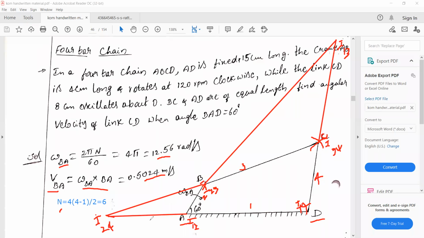Just all of you observe that. So how many instantaneous centers are there right now? 6 instantaneous centers. In this, 2 are identified. By the help of these links, just observe that. So how we consider this one is I13. You observe our instantaneous centers: I34 is there and I14 is there. I34 and I14, and similarly I12 and I23.